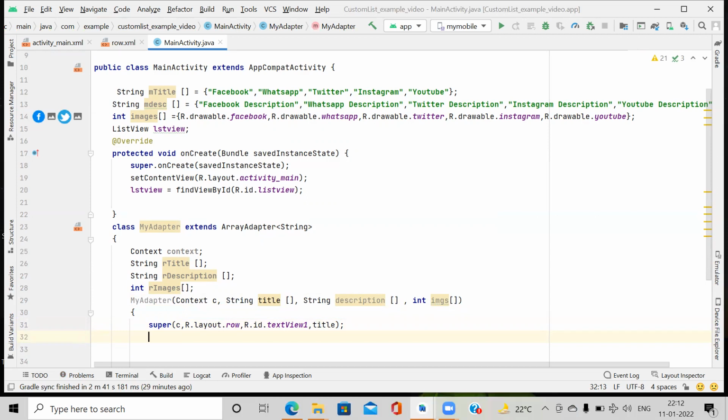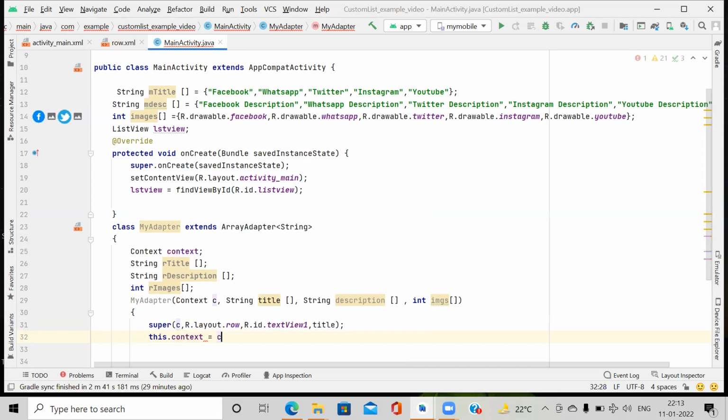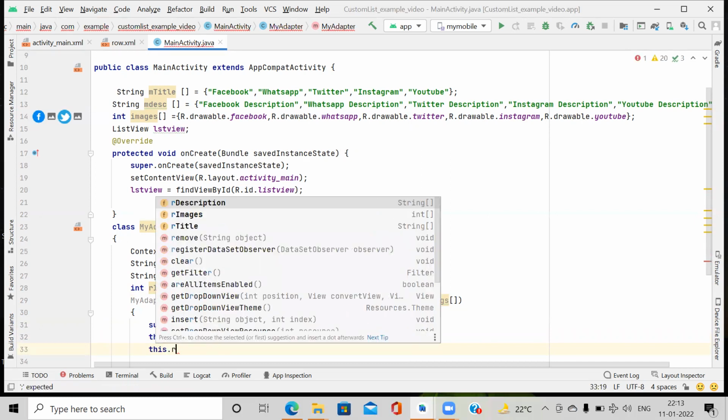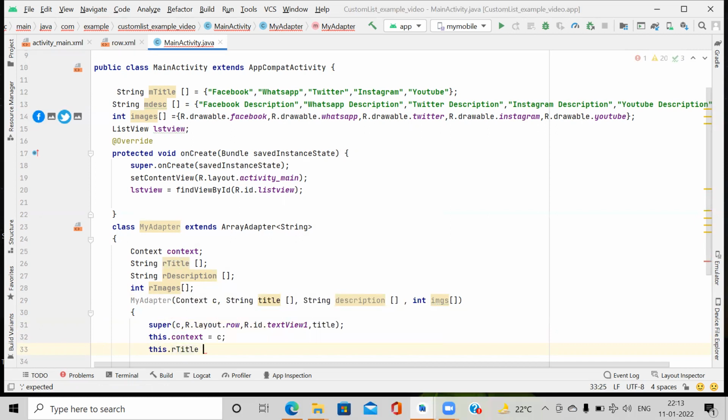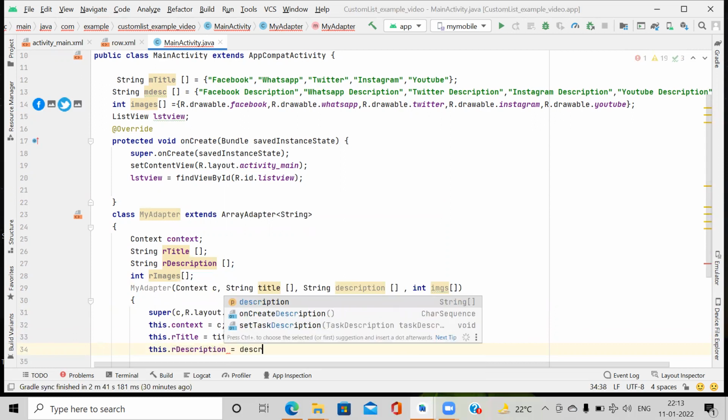Okay. Then we assign it to the local variables. So this.context is equal to the context, then this.rTitle is equal to title. This.rDescription is equal to description.